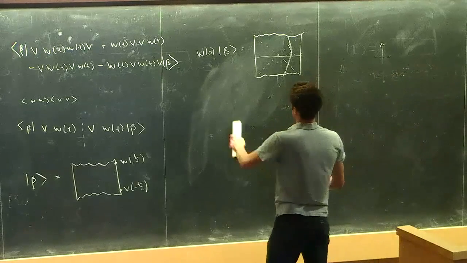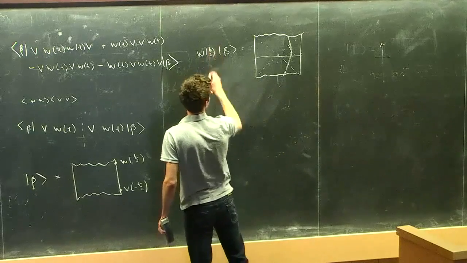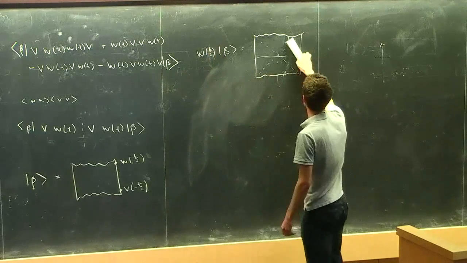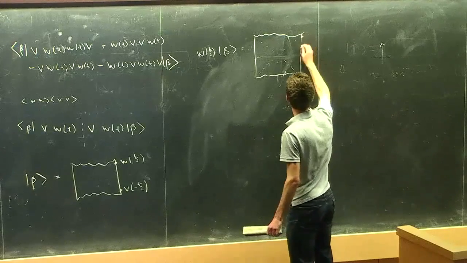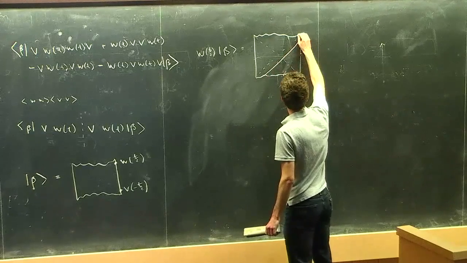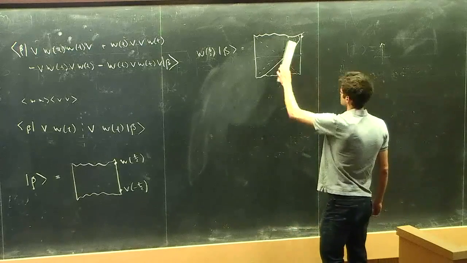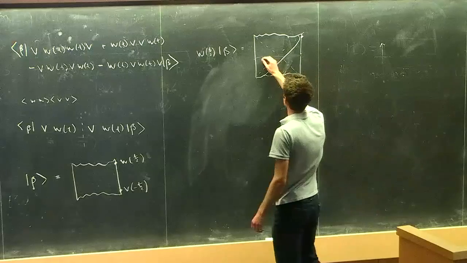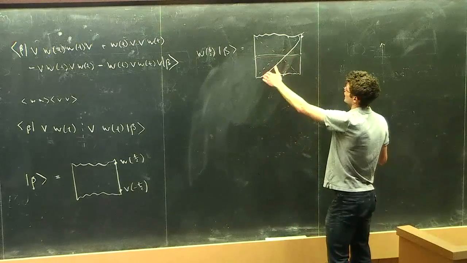Okay. Good. So now let's understand how to create this state where we have W at t over 2. We can get that from this geometry simply by applying a time translation. This point moves up here. The trajectory that I drew becomes that trajectory. The important point is that if we look at this state on this t equals 0 slice, then the quantum here will be highly boosted.